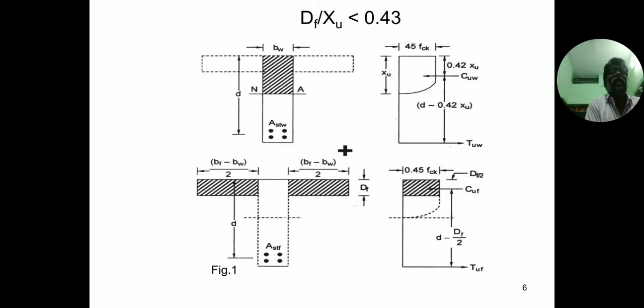That is, df must be less than 3 by 7 xu. That is the rectangular portion in the web,